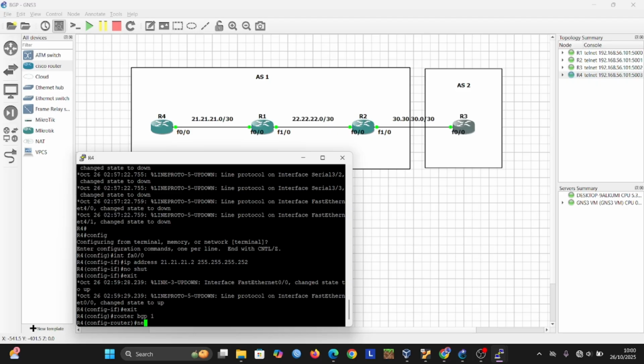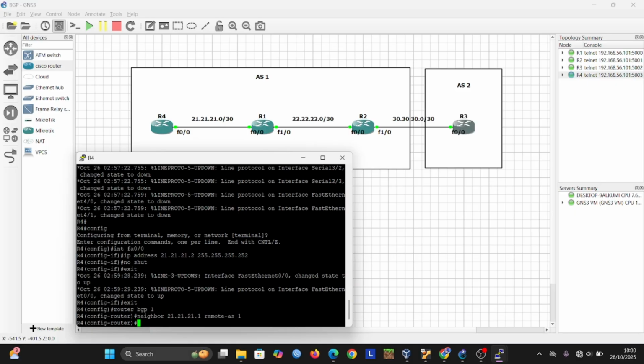After this, we enter neighbor, the IP of the neighbor interface. This interface IP is point two, so I want to use point one. We set the remote-as and enter the AS number for this IP.